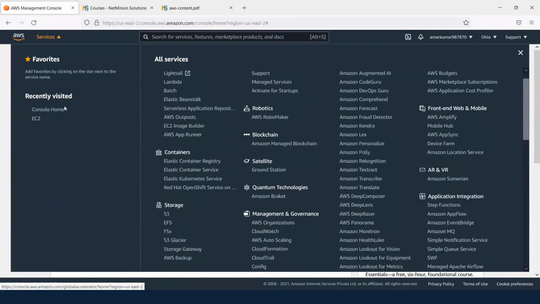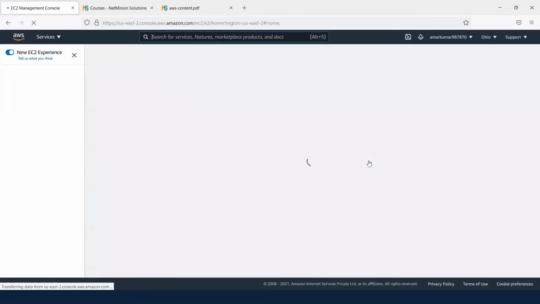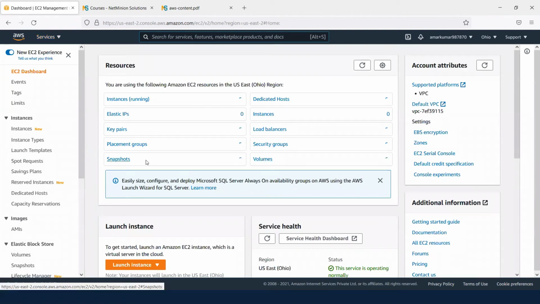So I'm just going to look at the basic services where I would create a machine. A Windows machine. This is the compute service, so I need to select EC2. EC2 stands for Elastic Compute Cloud. I would go to it and try to take this service. So here you go, this is the EC2 service, and now you can create your own EC2 machine. Here is the option to launch the EC2 machine.